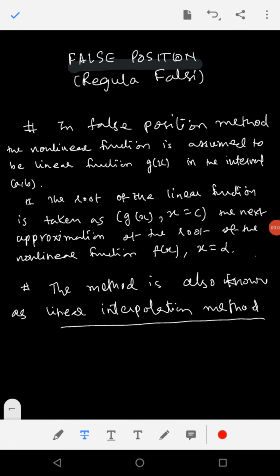Hello friends, in our last lecture we learned the method of bisection. What is the bisection method? It is the method used to solve for the roots of a nonlinear equation. In this method we take an interval, let's say a and b, and we halve the interval by taking its mean value. If a, b is the interval, then the mean value will be c equal to a plus b by 2,